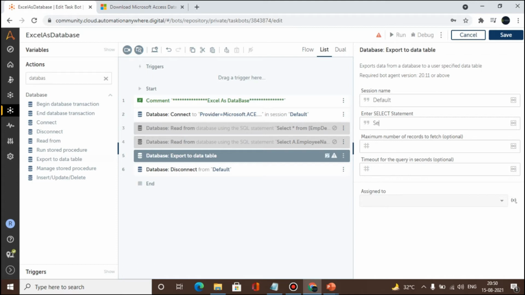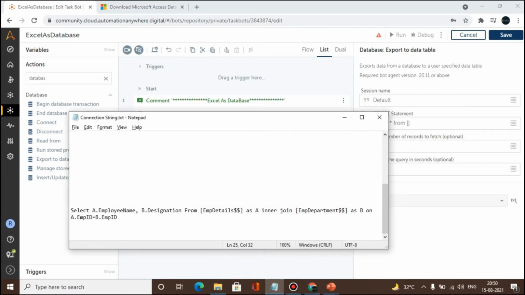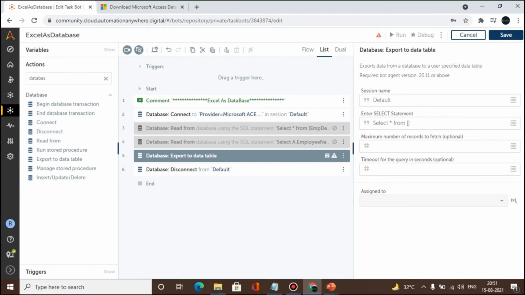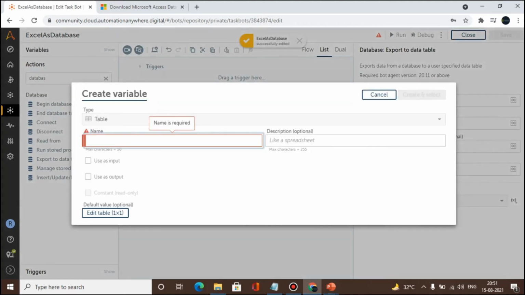I'm just going to put a select statement, select all from. Okay, I'm just selecting this. Now let's say I want to select all the data, and here we need to create a variable. You can see the variable type is table.